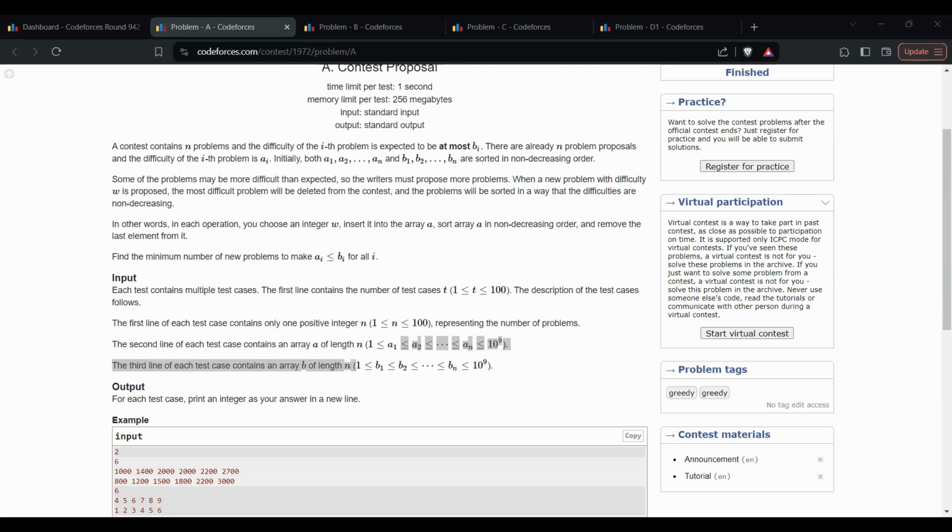If let's say your ai is more than b of some value, then what will you do? If ai is less than or equal to b, continue, else just increment the count and increment j. Yes, perfect. So in case you encounter that your ai is indeed more than bj,